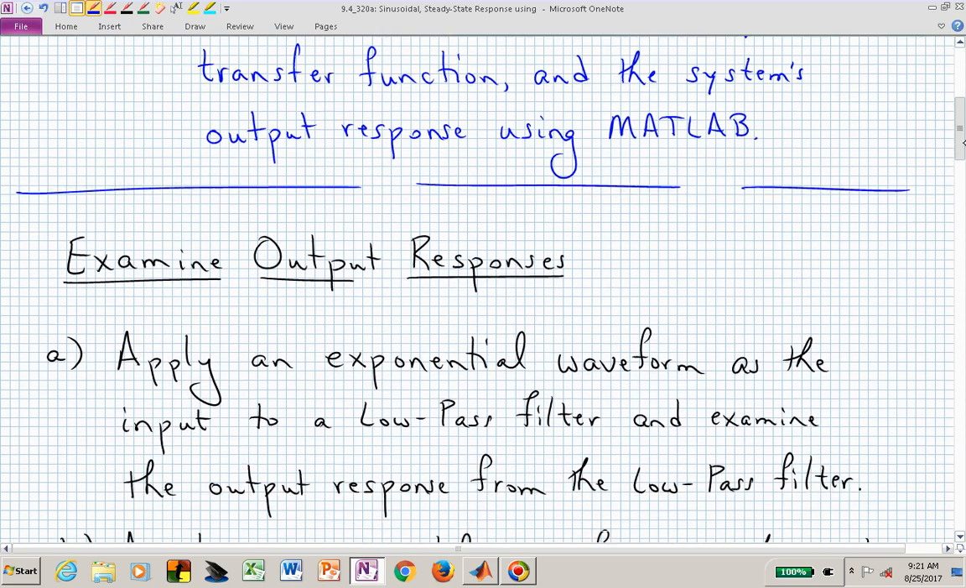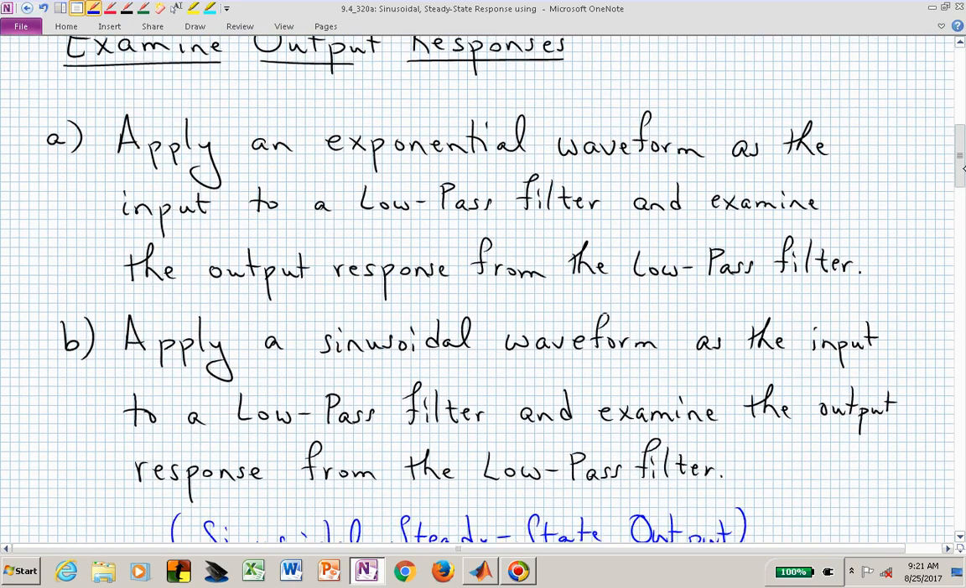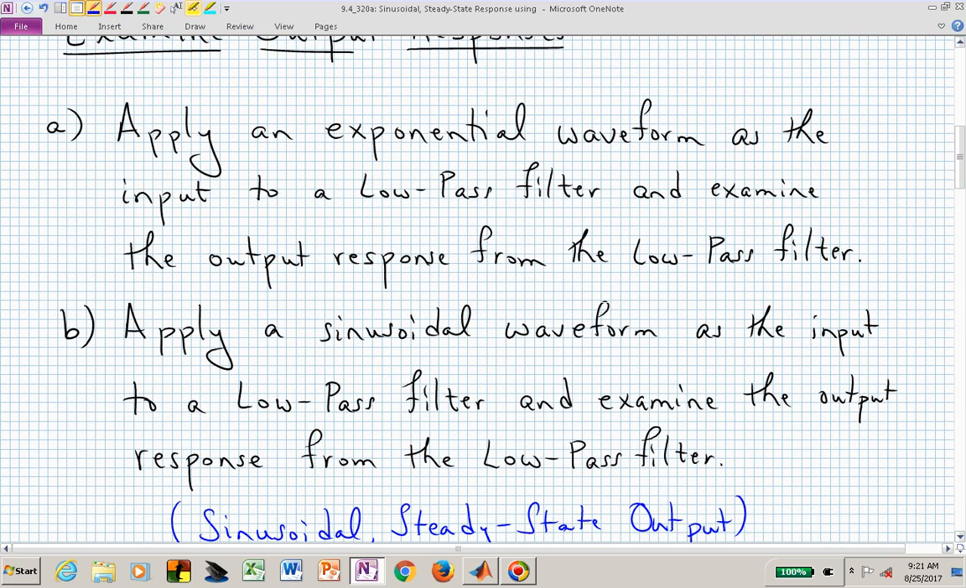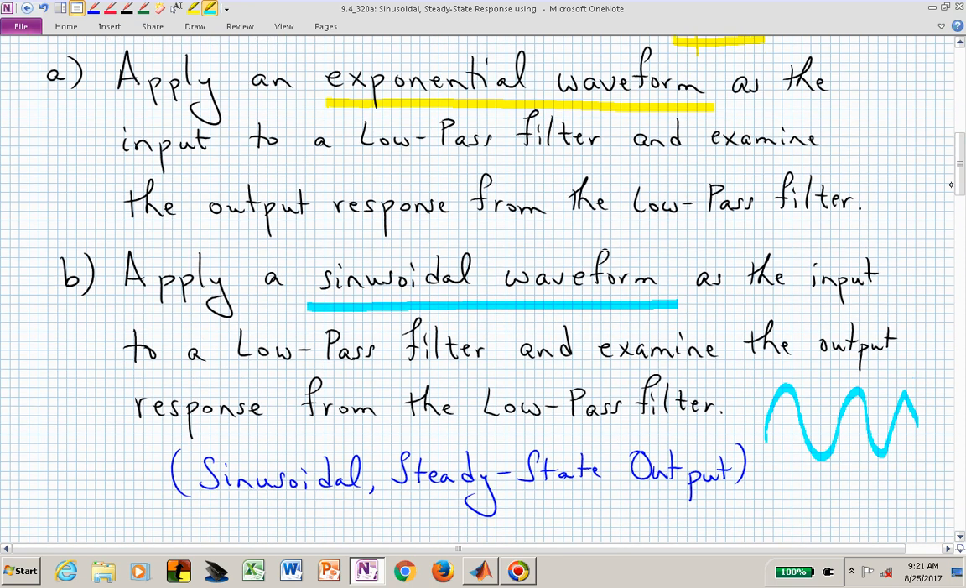We're trying to look at two in this video. One is to examine an exponential waveform, and that is now just simply something that looks like that. And the second waveform that we will inject into our system using MATLAB is a sinusoidal waveform. We're going to excite our system with a sinusoid, and we want to see what actually comes out at the